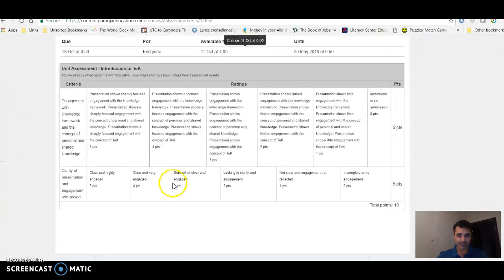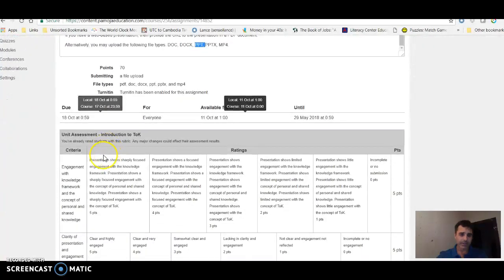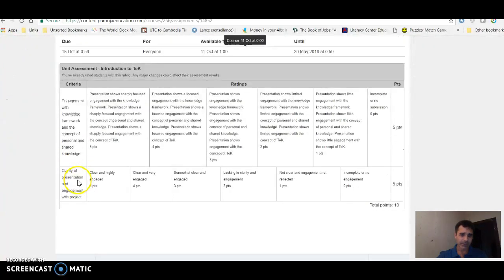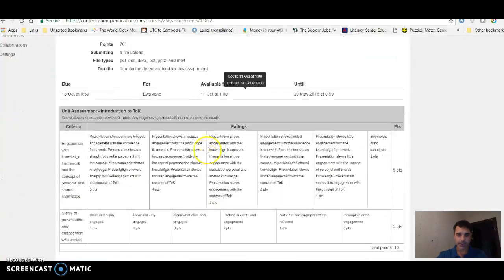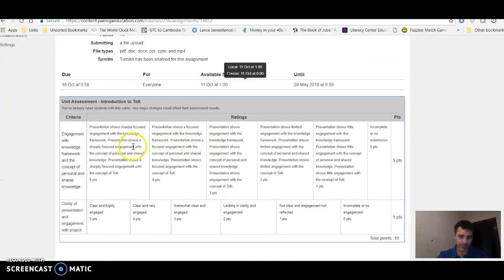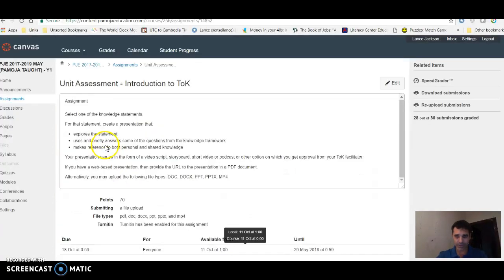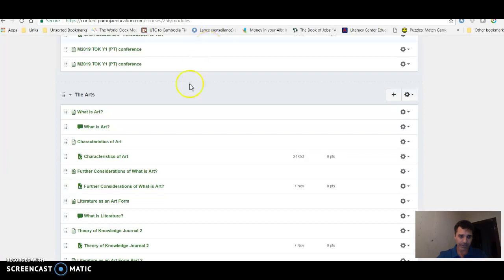Okay, we've seen it. Now, you then had to look at the criteria, engagement, and clarity of presentation. You really should check the criteria before you do these tasks. Okay, I don't know why my thing is jumping around there. But, check the criteria, folks, before you start engaging with the tasks. Make sure you know what you had to do. Still wants to jump around. Let's jump over and have a look, since it likes jumping.